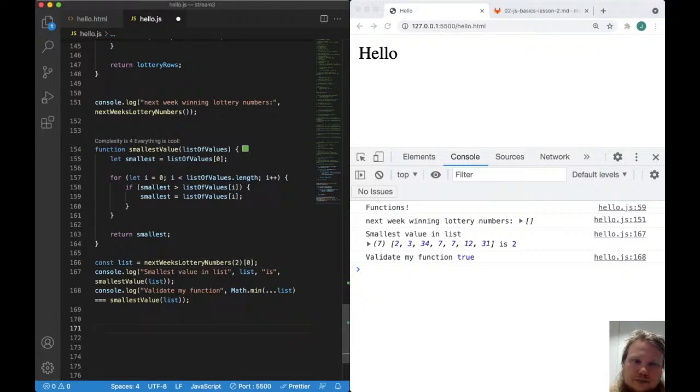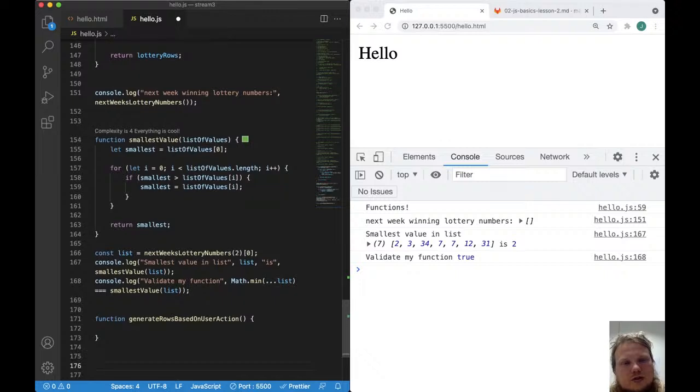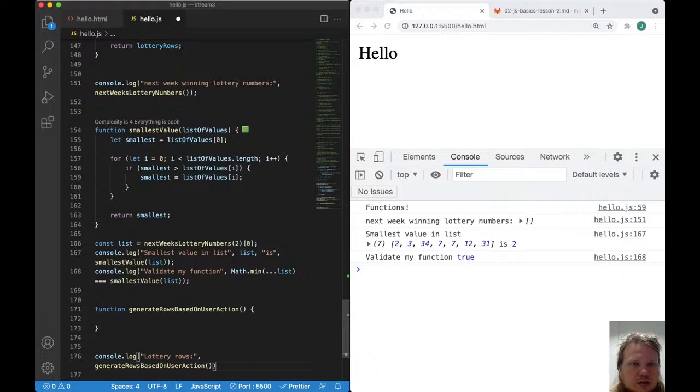And now I will create another function, ask user, generate rows based on user action, for example. And let's call this function lottery rows, and here I will just return